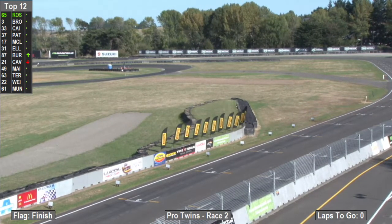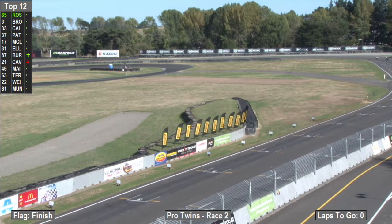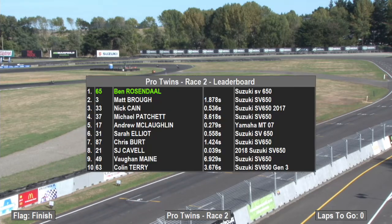What a podium, what a class act. Ben Rosendale with Matt Bro and Nick Kane 2nd and 3rd, with the update coming. Michael Patchett in 4th, Andrew McLaughlin there in 5th, Sarah Elliott 6th, Chris Burt 7th, SJ Cavell in 8th, Vaughan Main up into 9th with Colin Terry 10th, Alistair Ware, Philip Munt in 12th, Tim Rattray 13th, Nick Southerwood, unfortunately